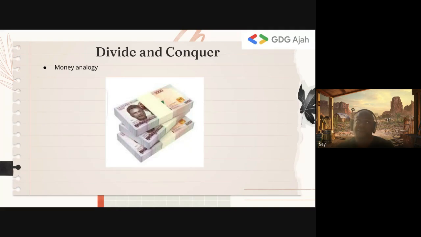Now, in my first example, I found 10 people that could give me 100,000 naira, right? But maybe I have a rich friend that can give me 900, and I ask somebody else to give me 100,000. It doesn't matter whether I divide this into 10 problems, or 2 problems, or 3 problems. The most important thing is that you're dividing the problem for divide and conquer. Okay.